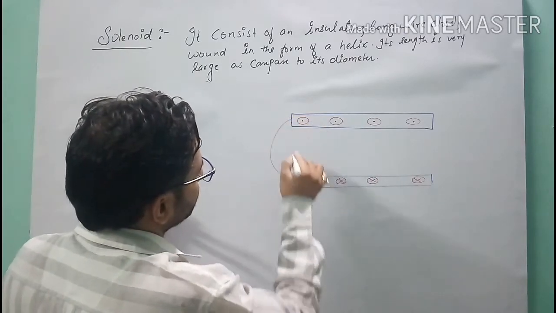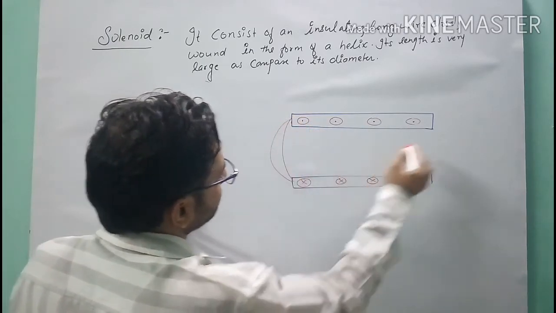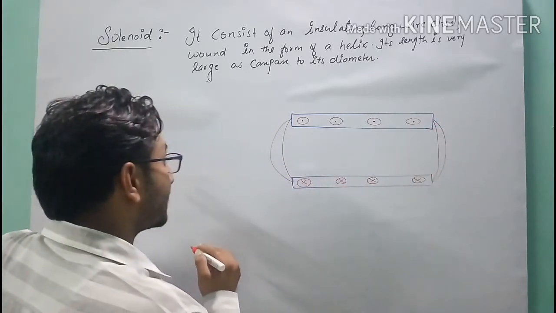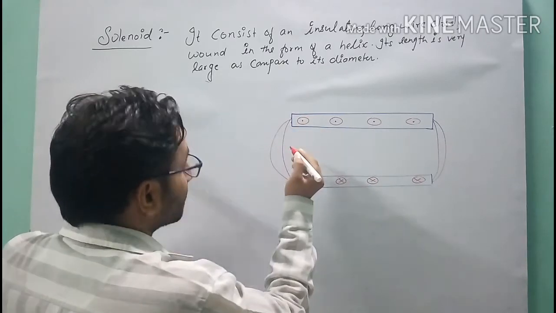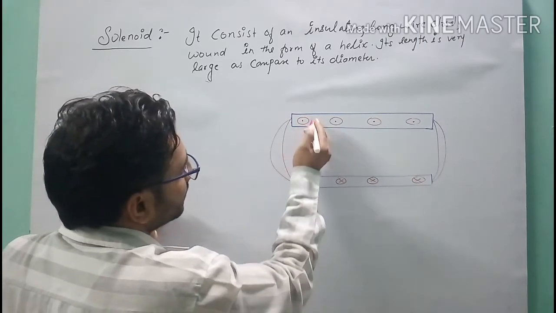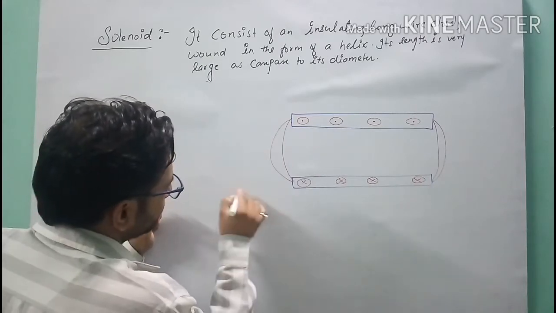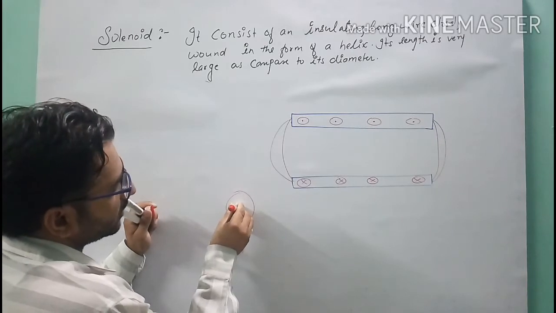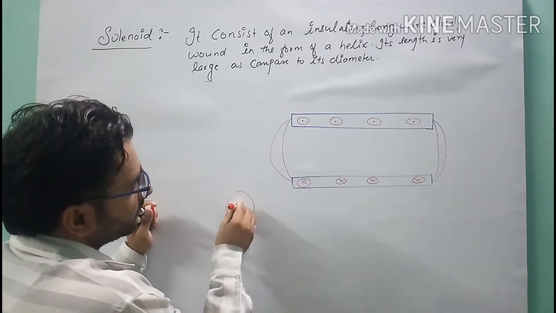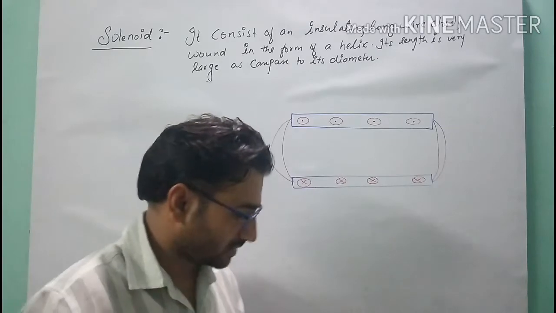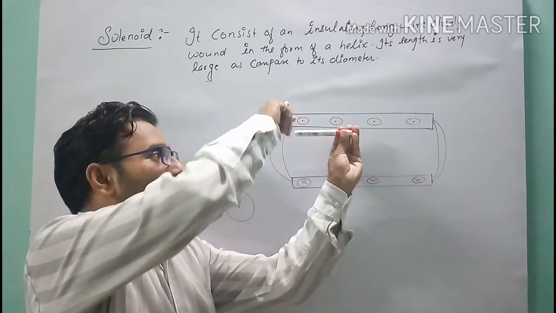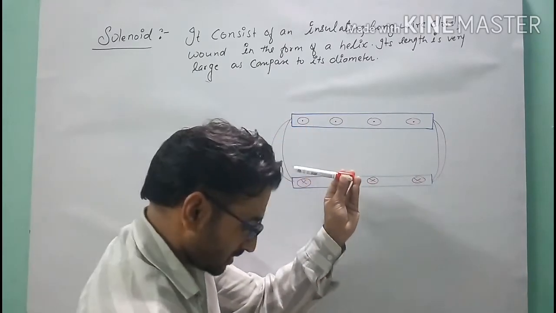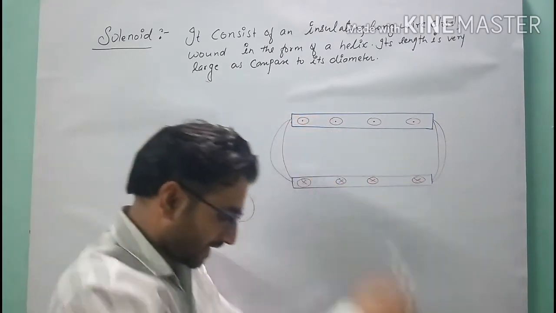And here you can represent the magnetic field lines like that. Which pole is this, students? In this direction, the dot symbol represents the magnetic field. The direction of the magnetic field is normally in the outward direction. Similarly, we can see the magnetic field lines in this case: from this side it will come out, and from this side it will go in. So the formation will be like that.